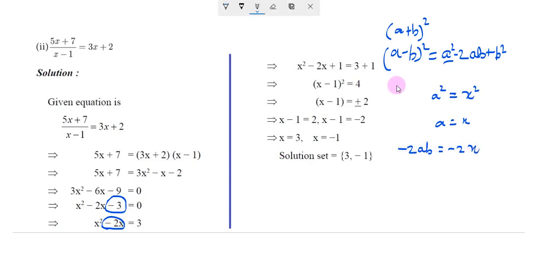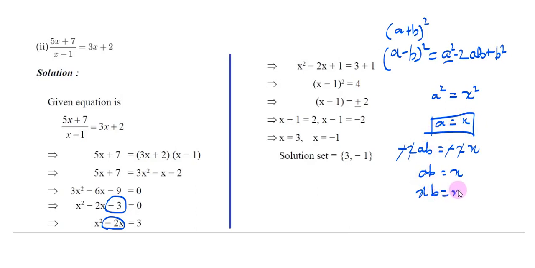Okay, I repeat, how can we identify which formula we may apply? Here we go, minus 2x, you know, so minus 2ab, so that we should take a minus b the whole square formula. So a equal to x. Next minus 2ab equal to minus 2x. Okay, now minus will be cancelled. Okay, and 2 will be cancelled, so ab equal to x. A value already we found, you know, a equal to x, so apply here x, b equal to x, so x will be cancelled, then remaining we have 1, so b equal to 1.